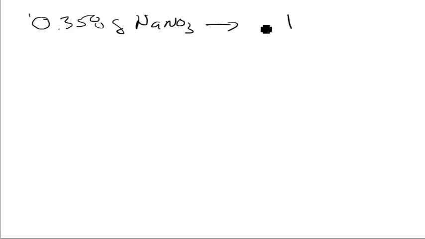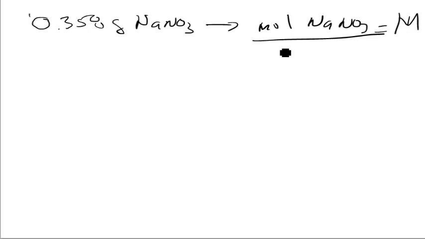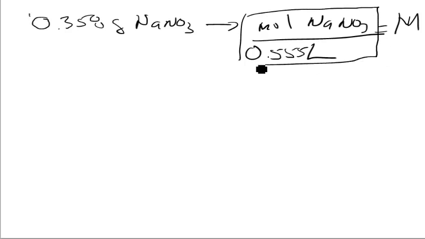This must become moles of NaNO3. And once we have that, the definition of molarity is moles per liter. So we divide that by the number of liters. In this case, that was 0.555 liters. And that's all there is to it to calculate molarity. We convert grams into moles